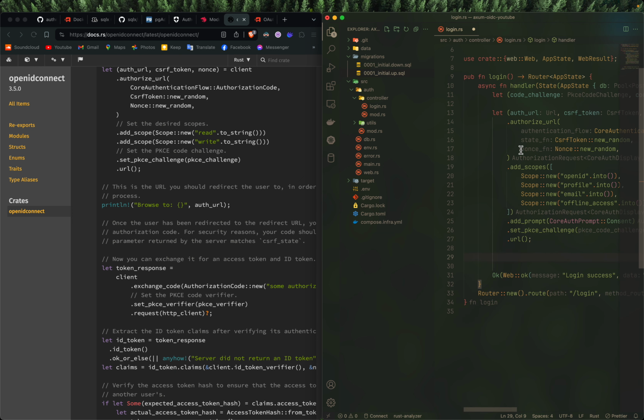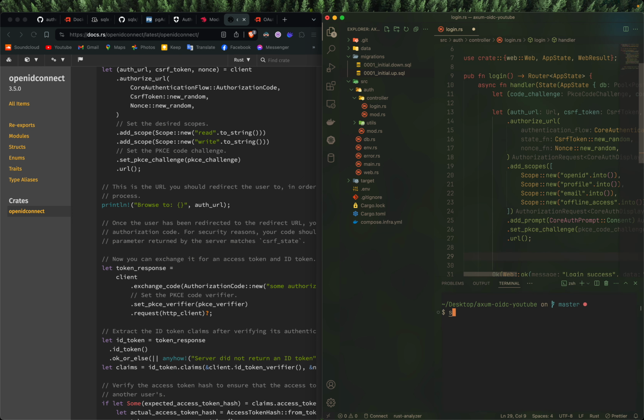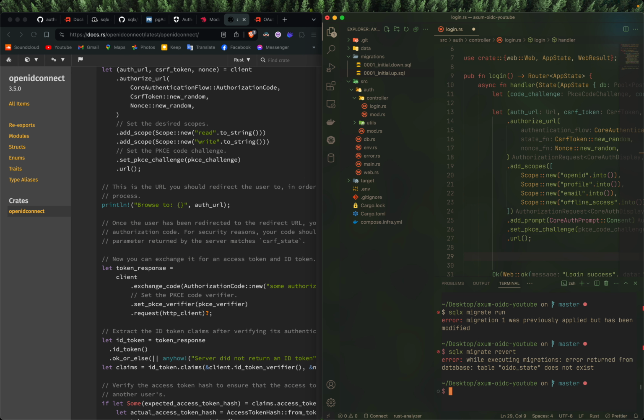Now let's just test out if the database works. So I'm just going to say SQLX migrate run. One migration was previously applied, but it has been modified. Okay, so I need to revert it. Table OIDC does not exist. Wow. Okay, so I need to reset the database because